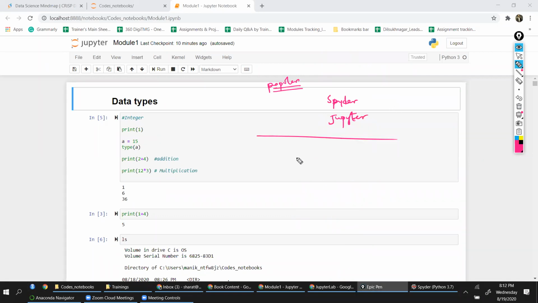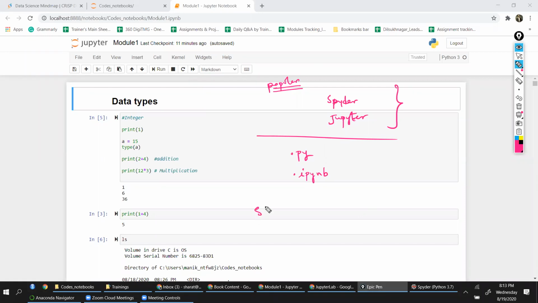The extension of Python files or scripts would be .py. It can also be .ipynb, Python notebooks. We call them IPython notebooks. So these are a few of the things with respect to the GUI interfaces.